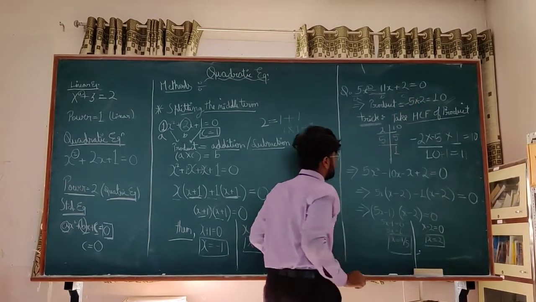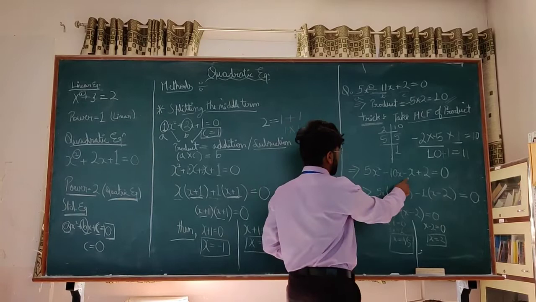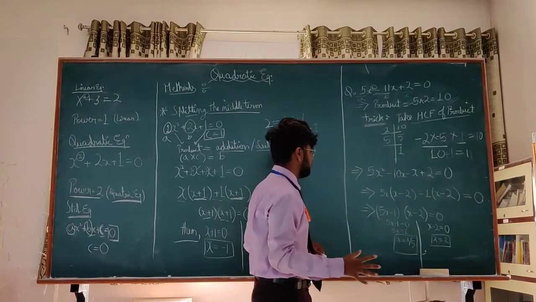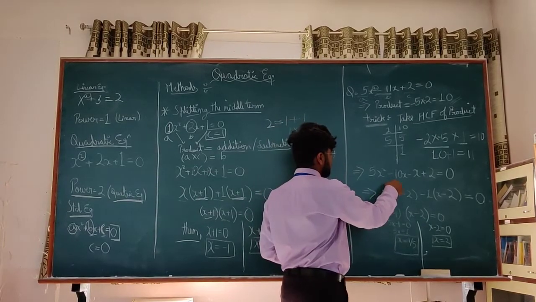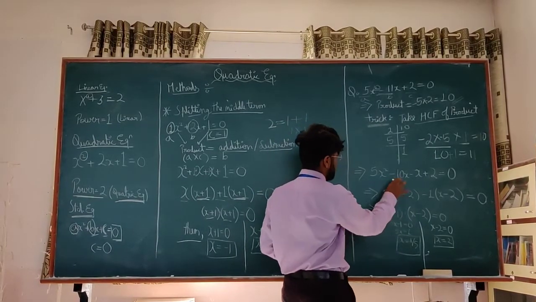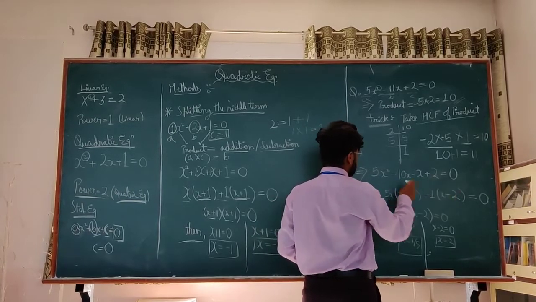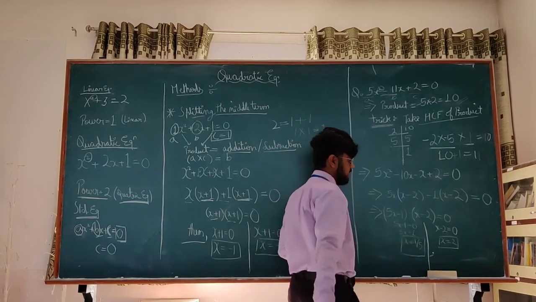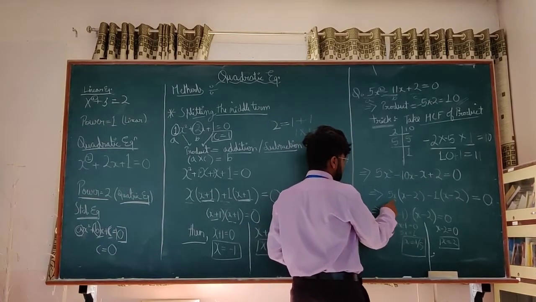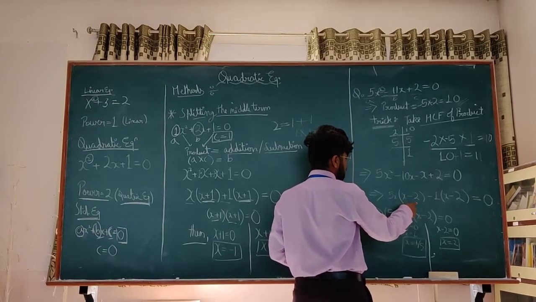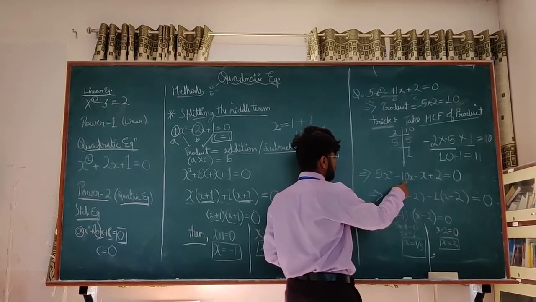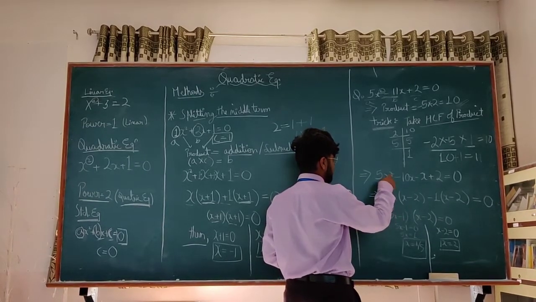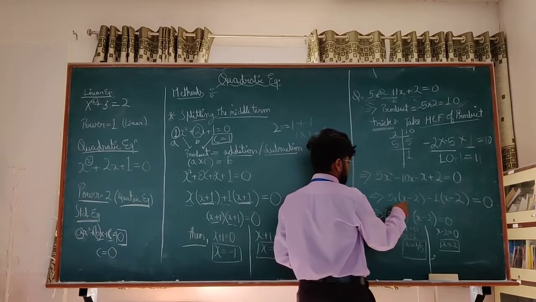Let me write it in. And of course, if both terms are negative, they will be added, but the sign of the bigger term should be taken. So the sign of the 10 is taken, which is minus. So 5x square minus 10x minus x plus 2 is equal to 0. Both terms are negative, so they should be added. Then minus x and minus 2 is taken as common, 5 into 1 and 10, 5 into 2, so 5 is taken as a common. 5x, because both the terms are on x square is x into x, 5x, brackets,